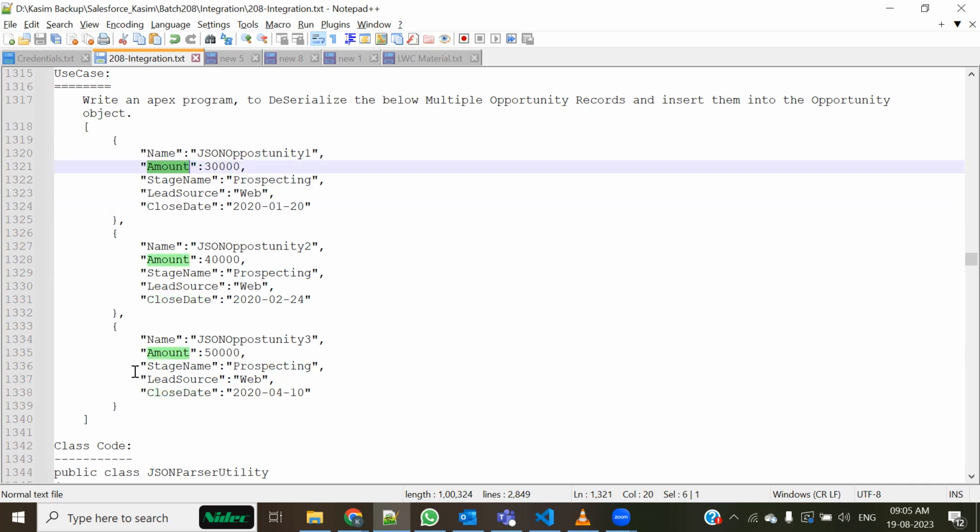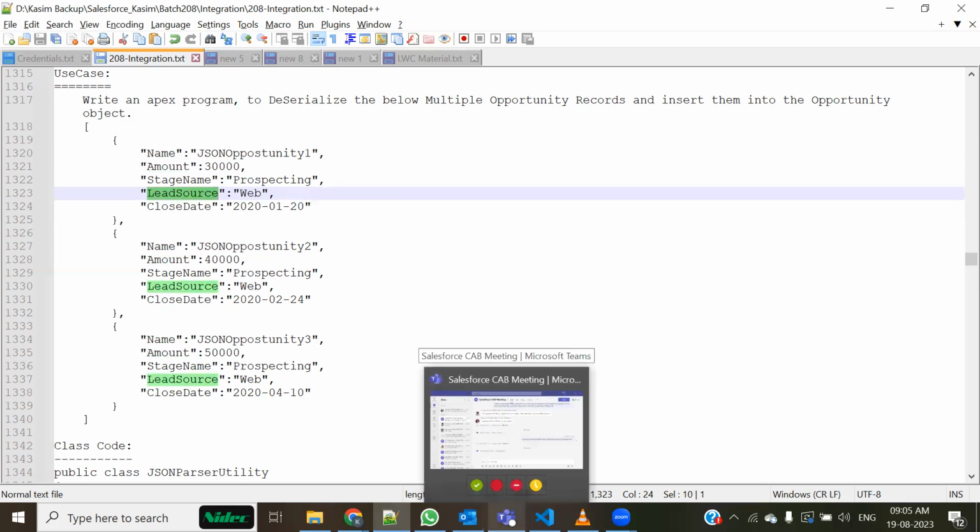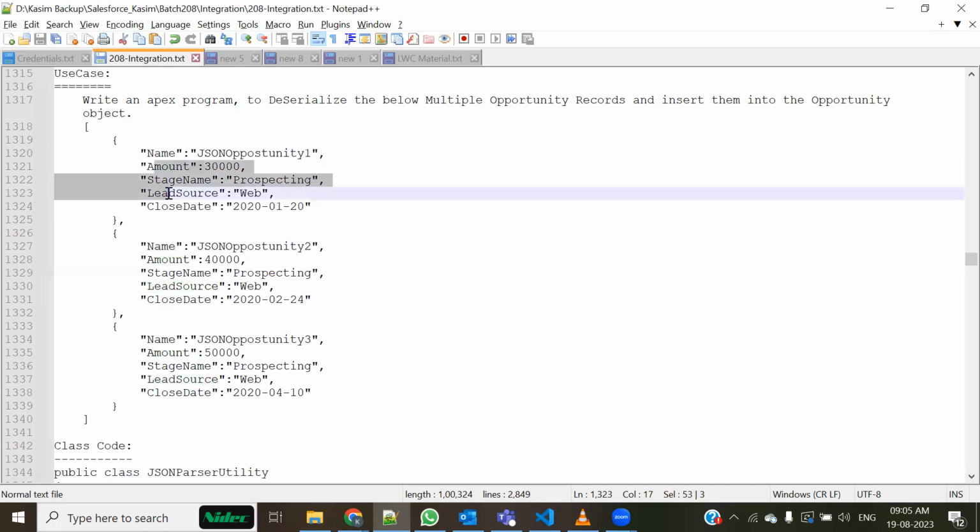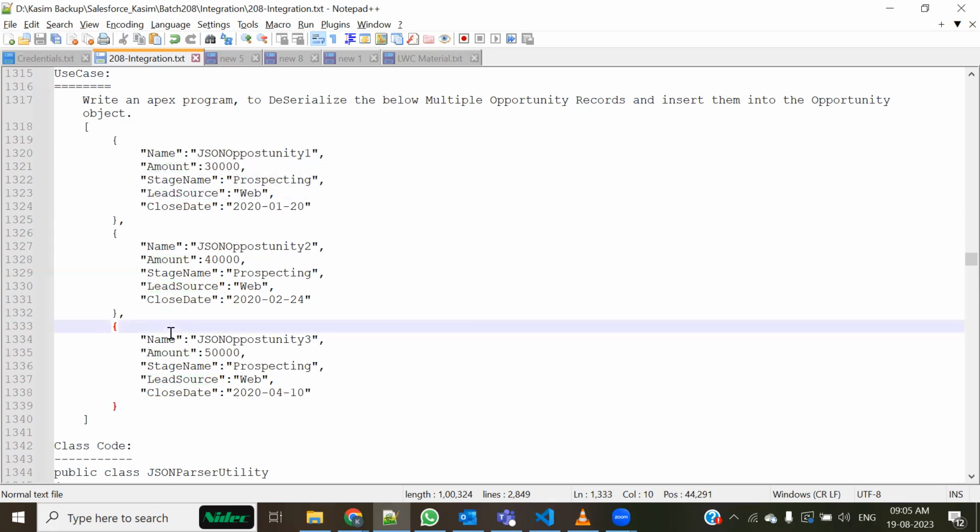लेकिन after parsing that, you can store it, you can take it inside an object and then you can store it inside Amount. तो अगर आपके JSON content में field name have an exact match with the Salesforce field name of that particular object, आप definitely deserialize method use कर सकते हो और recommended है। लेकिन अगर आपका JSON payload वैसा नहीं आ रहा है, but it represents a similar entity in Salesforce,